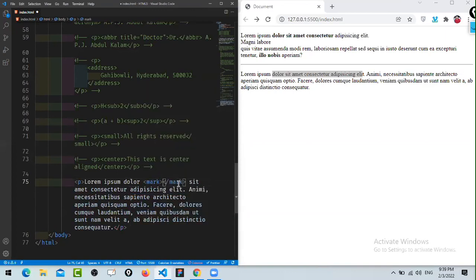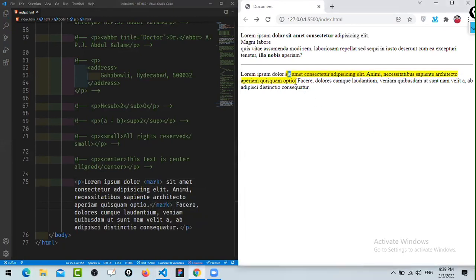From here to, let's say, till here, if you want to highlight, same. If I save, see now, from here to here, these texts are highlighted. So you can use the mark tag if you want to highlight something. This is the default mark tag which you can use, and right now the highlight